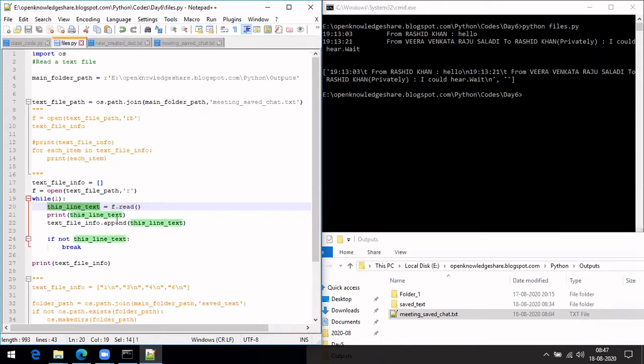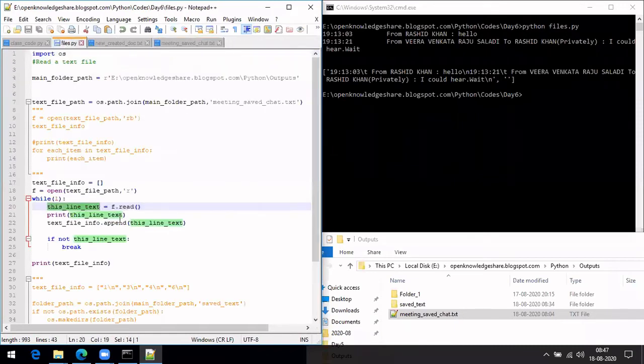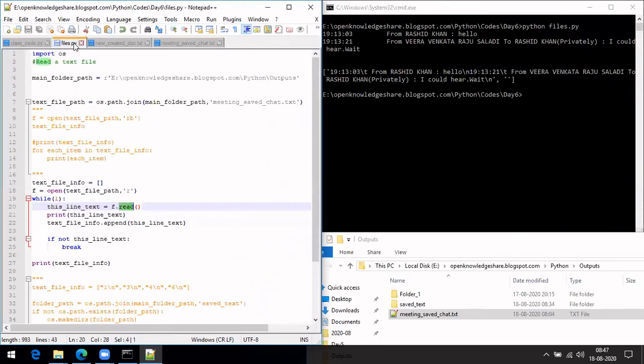Once it is stored, we are appending it. We did not get anything empty, so it did not satisfy this condition. In the second iteration, if you do f.read again, it will go to the next line. It will read this second line, and that line is returned here.